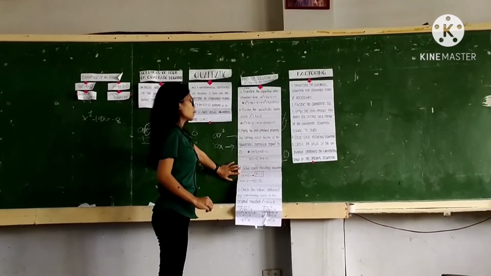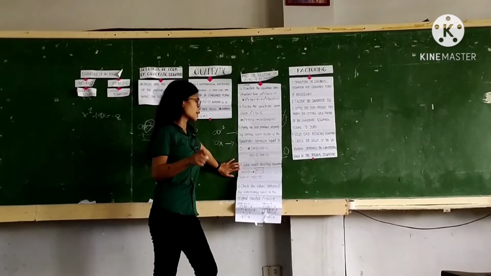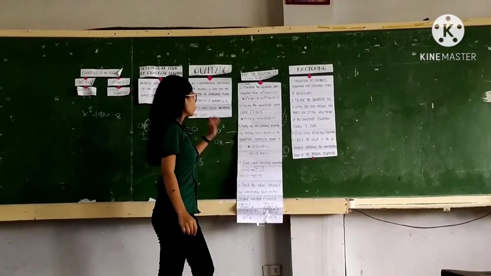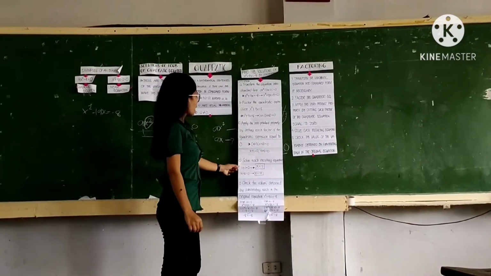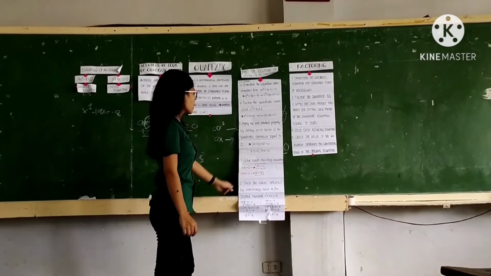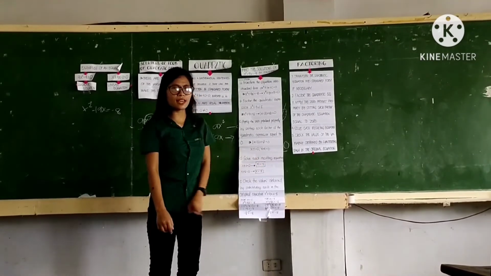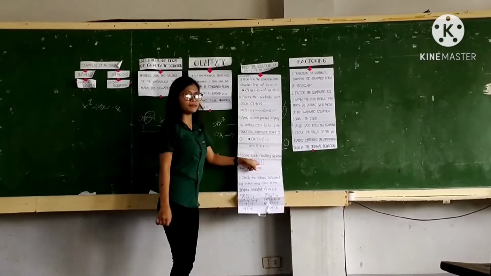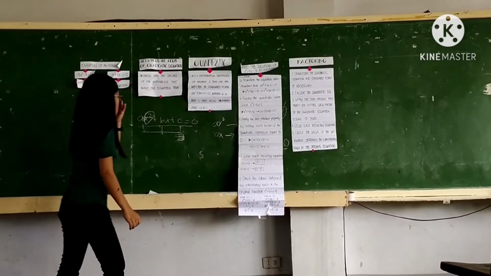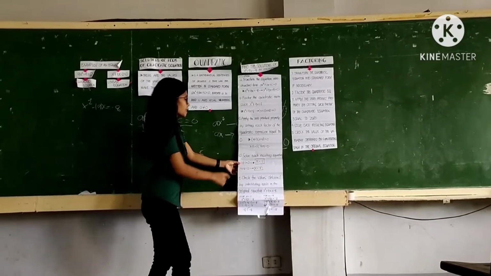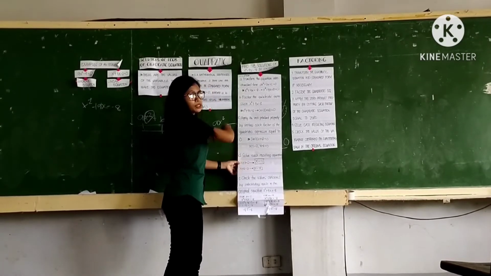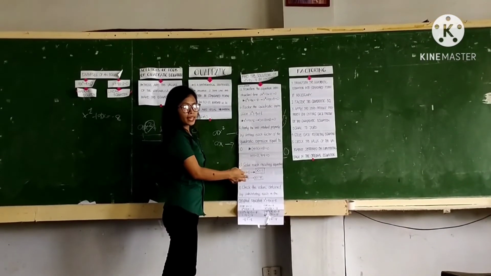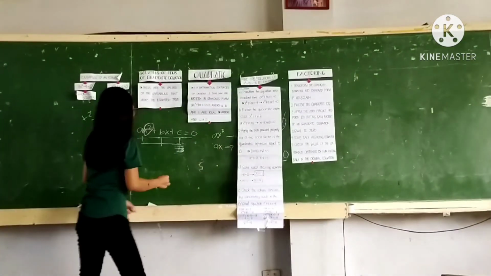Next, we have to solve each resulting equation. We have x plus 1 is equal to 0. The answer is x is equal to negative 1. Why is it negative 1? It is because when we transpose the positive number to the right side and it passes the equal sign, it will become negative. For example,